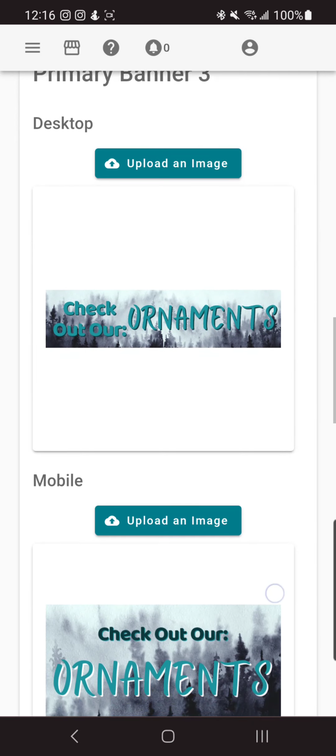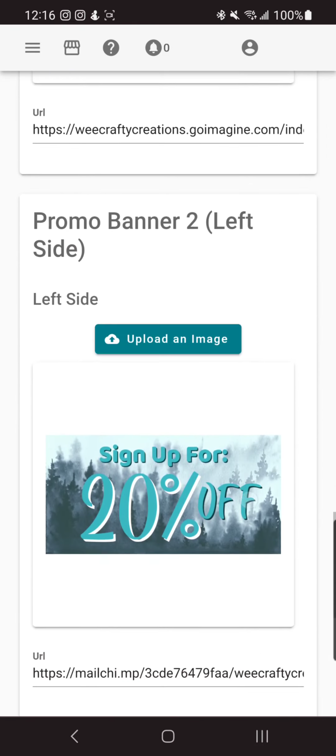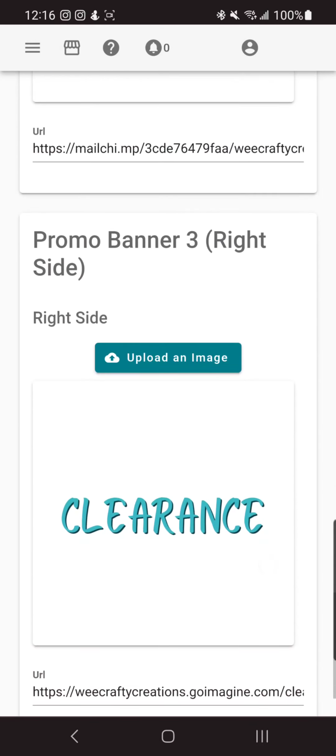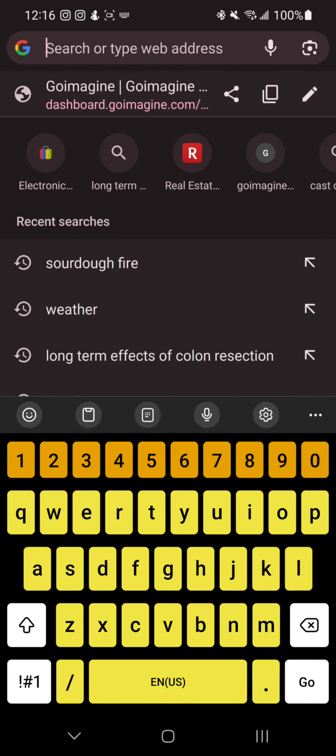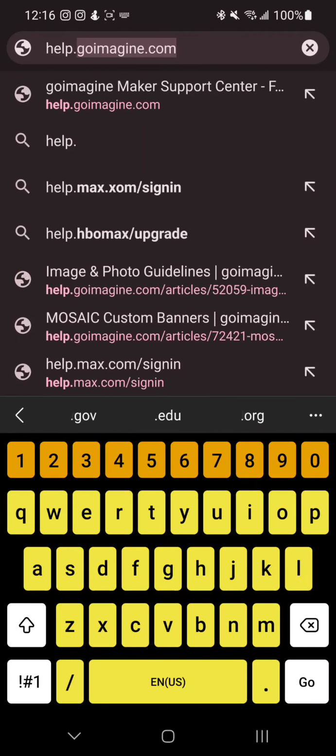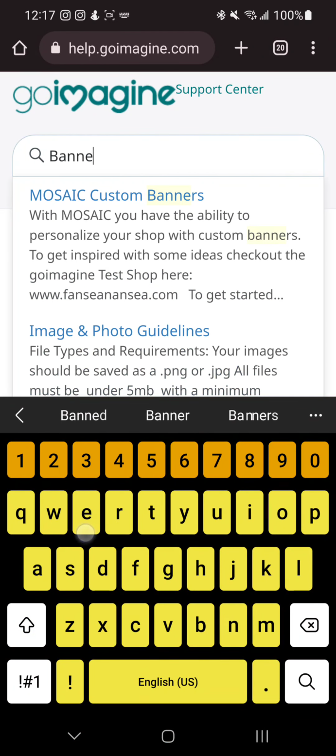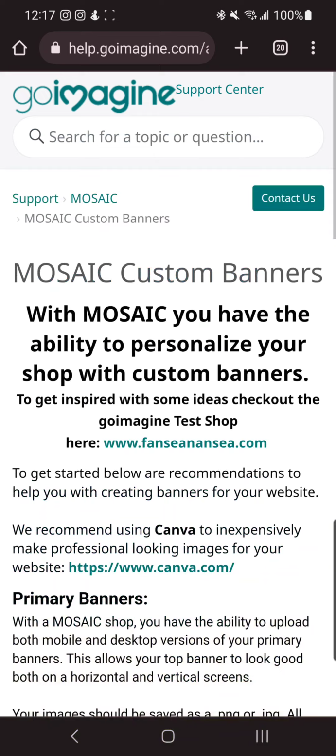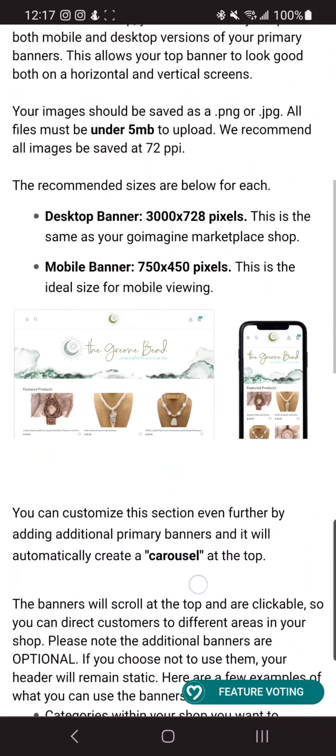And then the ornaments one, and then there's promo banners at the bottom, and you can do up to 3 promo banners. And there's a whole page in Goimagine Help that goes over all the sizes of the banners and the mosaic and everything else. So you just have to, it took me a minute, I'm not going to lie, it took me a minute